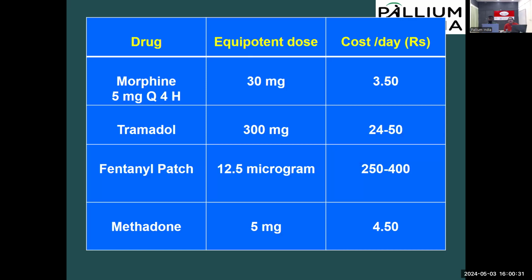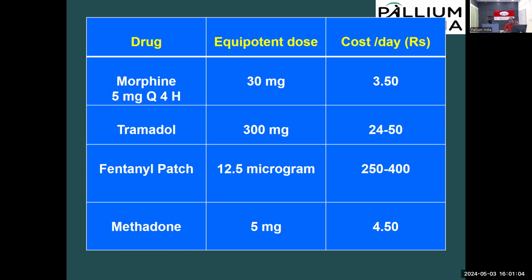So next is, just to give you an idea of the drug, its equipotent dose and cost. Whenever doctors prescribe medications, it is very important to understand the expenditure that the patient has to bear when this is being prescribed. So you can see that morphine 5 milligram 4 hourly, that is 30 milligram per day, costs around